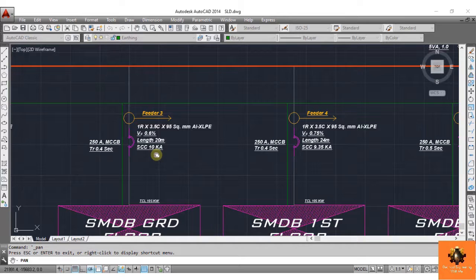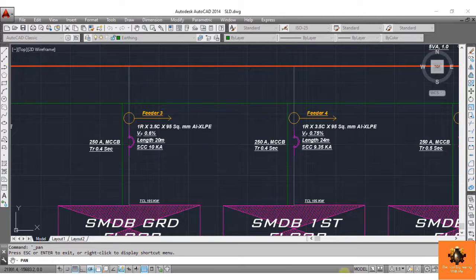Okay, which is a very dangerous limit of current. So while designing the cable size, every professional or expert design engineer calculates the maximum limit of short circuit current that can be withstood by the selected cable. Okay, so the design engineer will give you this short circuit current value.